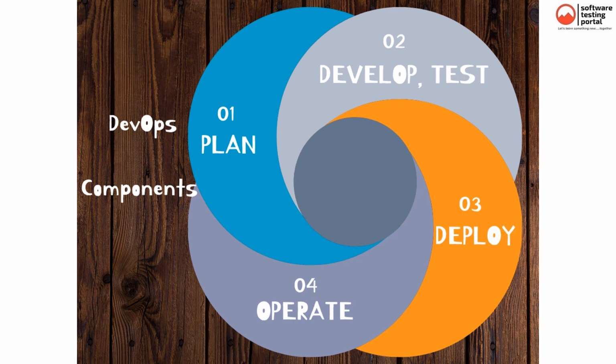Fourth component, operate, includes two practices that allow businesses to monitor how released applications are performing in production and to receive feedback from customers. The first practice is continuous monitoring, which provides data and metrics to the team and stakeholders about applications at different stages of the delivery cycle. These metrics allow stakeholders to take action by changing the features being delivered. The second practice in the operate component is continuous customer feedback and optimization, which uses the data about how customers use the application and the feedback that those customers provide upon using the application.